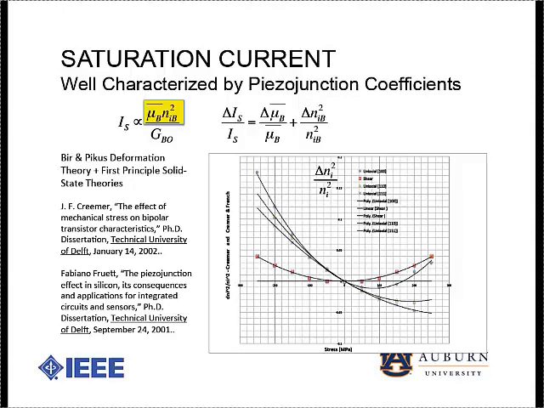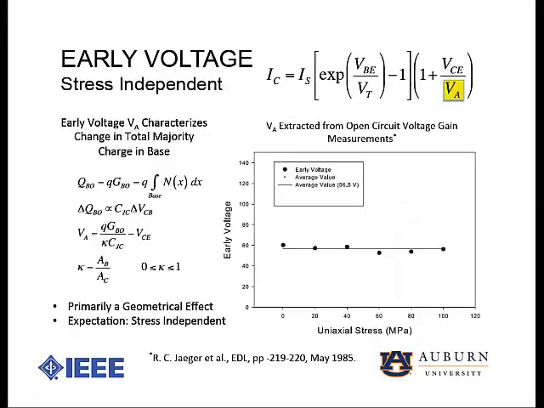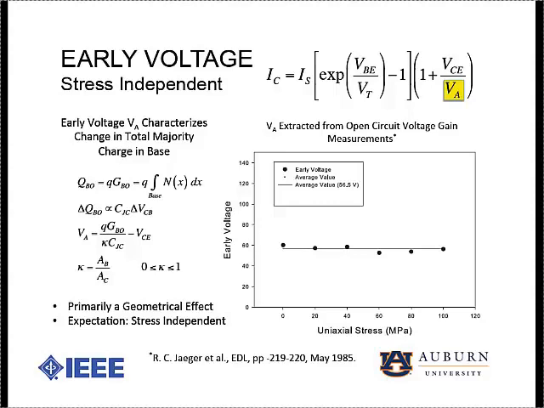So that's pretty much something that we can rely on in the literature, so I'm not going to explore that any further. Similarly, with the early voltage, we've gone back and measured that on transistors using a technique we developed probably 20 years ago now to extract the early voltage from the open circuit voltage gain of the transistor. And this is one set of measurements. If you fit a curve to that, it's essentially constant. If you go into the theory of the device, and I'm not going to dwell on that, the early voltage has a geometrical dependence,